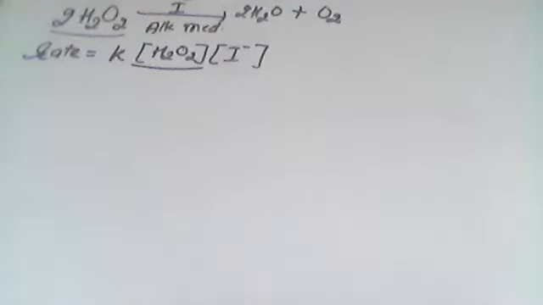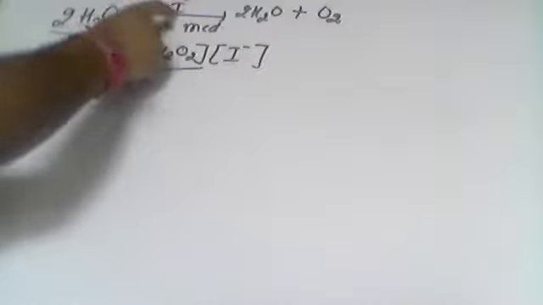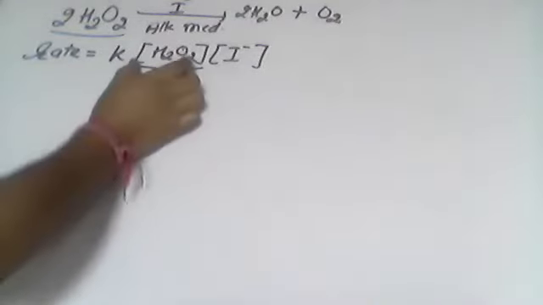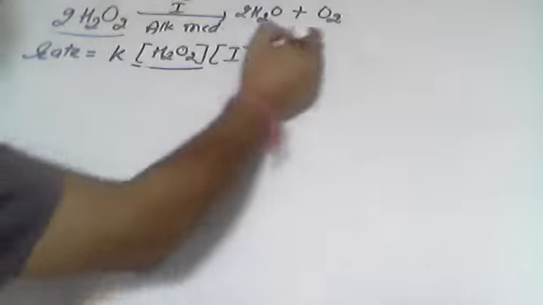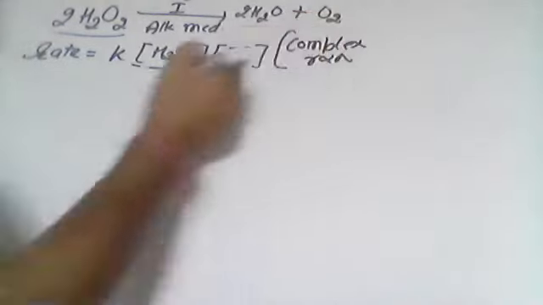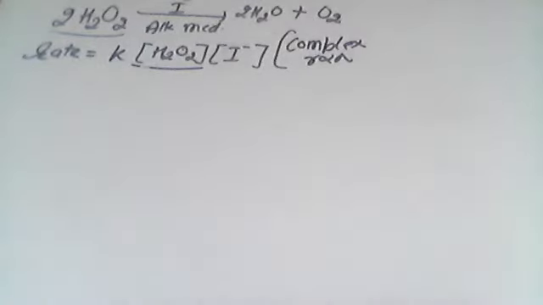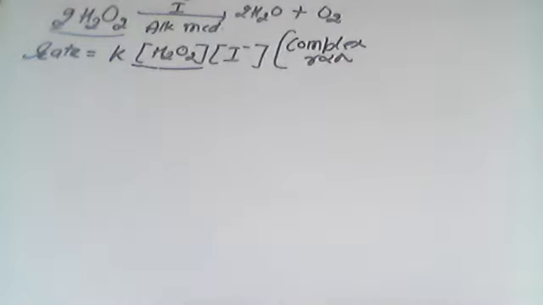Because the rate of the reaction also depends upon the catalyst, I negative. That's why the catalyst is added in the rate equation. Actually it should be H2O2 plus I negative, but I negative is a catalyst. So here we have 2 molecules of hydrogen peroxide, and here 1 molecule. Hence, I will say this is a complex reaction. This is the example in NCERT that I needed to discuss. Otherwise you can find order and molecularity, that's fine, but you have to check it a little yourself, because it is 2 here and 1 here.